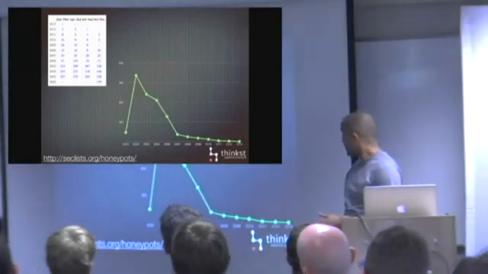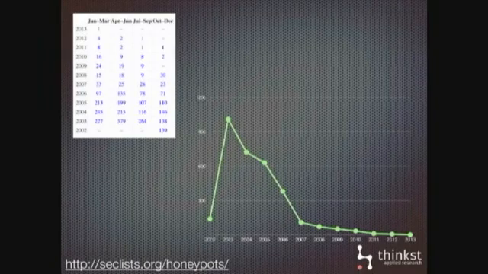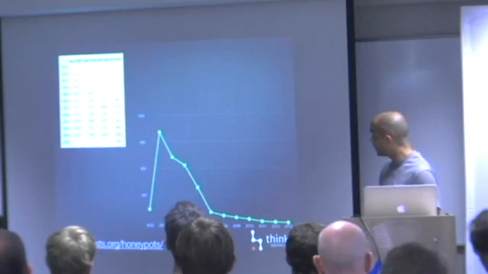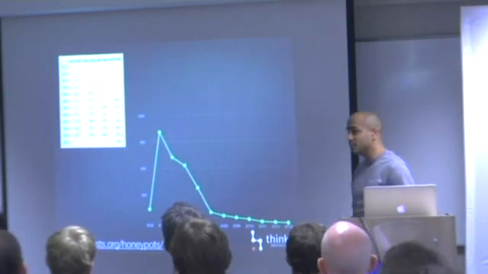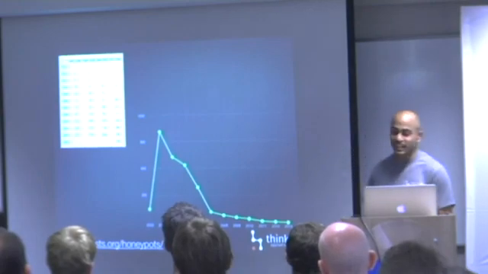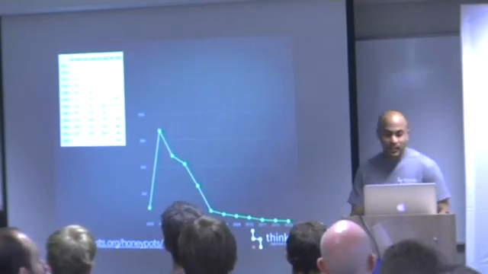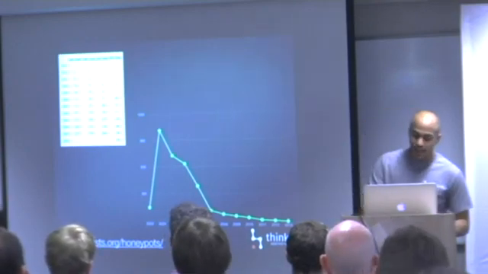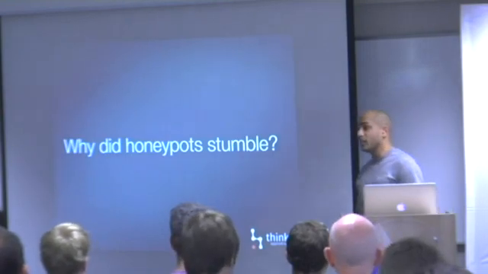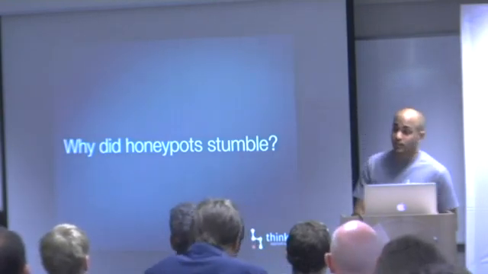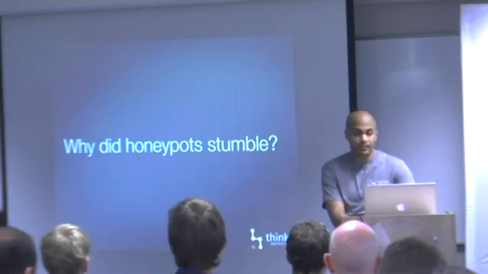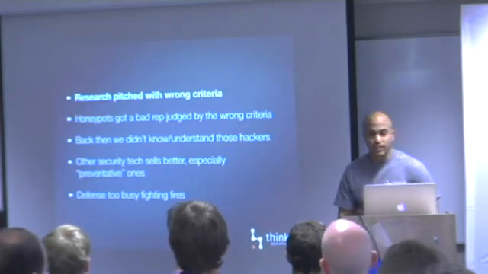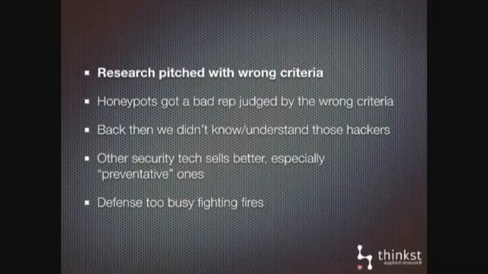And I really like this diagram because it really is such a great summary of the history of honeypots to date. So this is the summary of activity on the HoneyNet, on one of the major honeypot mailing lists. And it definitely peaks in the early 2000s, and then there's a long decline to nothing today. So it's in this long tail of decline that I just want to quickly turn to and speculate as to why they stumbled. I mean, these HoneyNet guys and everyone else were quite enthusiastic about what they could learn from them. So I don't want to go into too much detail about this. If you're more interested, we can chat later afterwards.